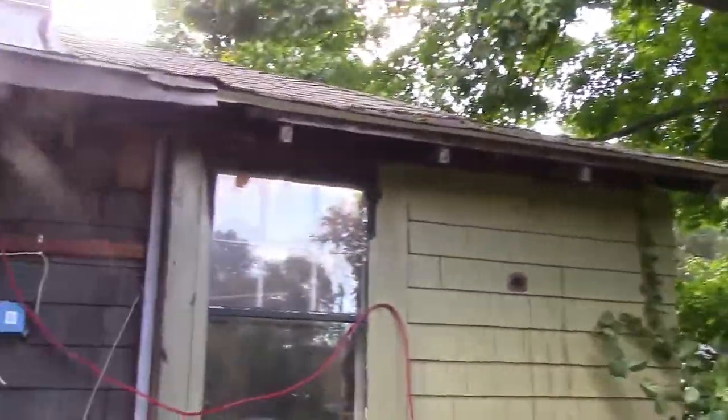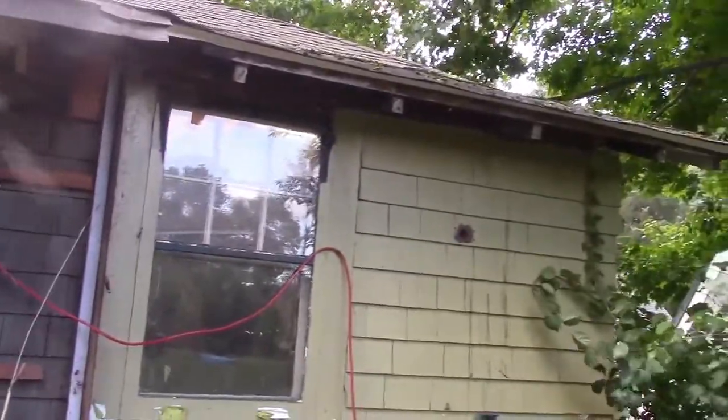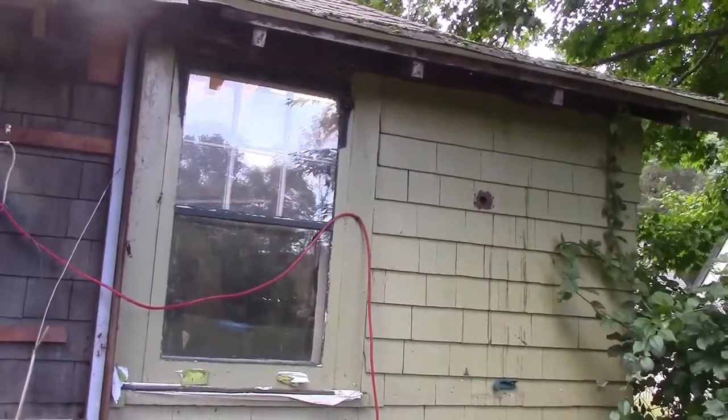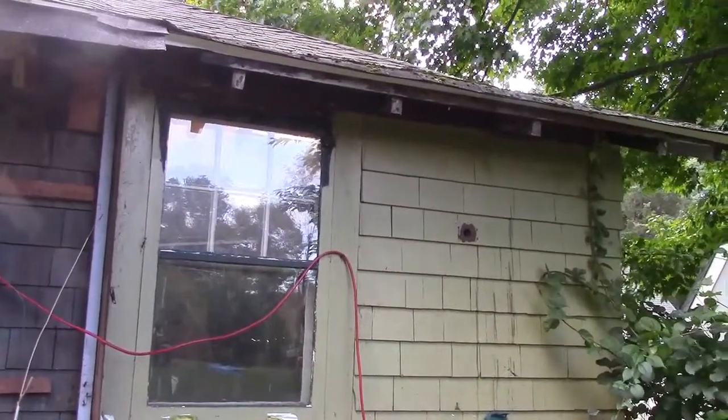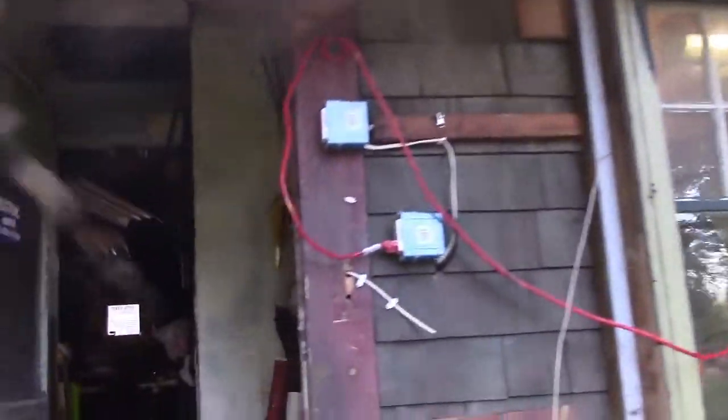But what I'm going to do too here, before I get started too far, I'm going to cut a couple of holes in the wall with the Sawzall to get an idea where the floor level actually lies, so I can start getting some measurements. So that's what I'm going to be doing today. And then put together a list and go